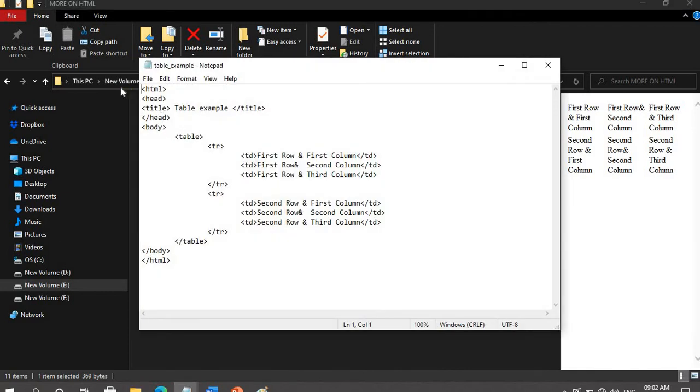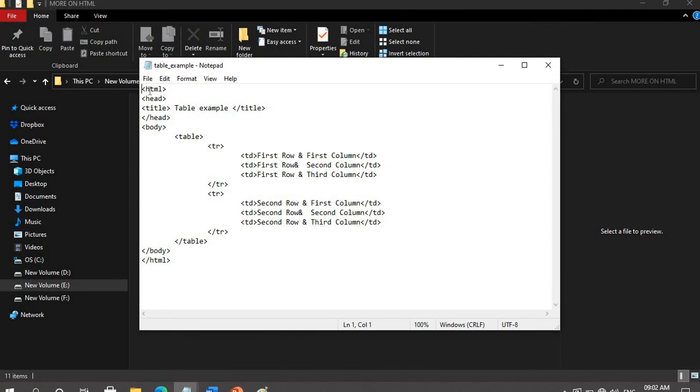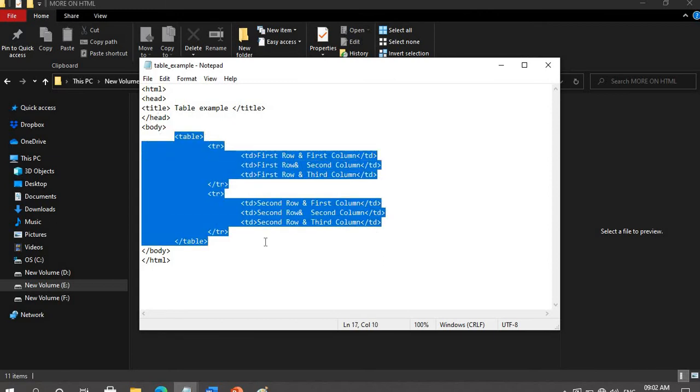You should know the basic syntax of an HTML page, that is a web page. In the beginning you have the HTML tag, then a title, then closing the head, then body. Inside the body we are going to create the table, which has to be displayed in the web page. I've created one table with this closing tag.